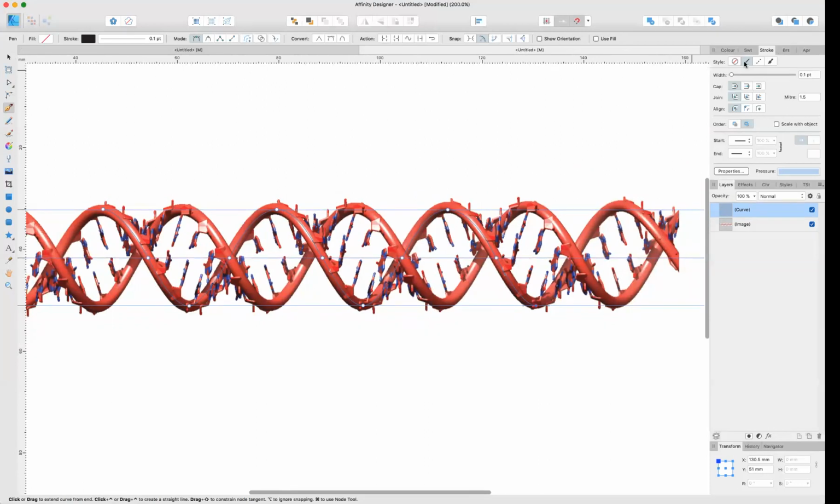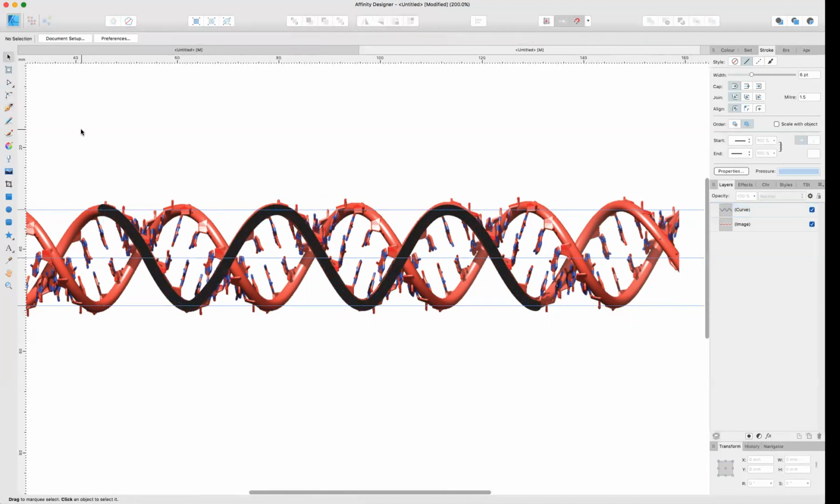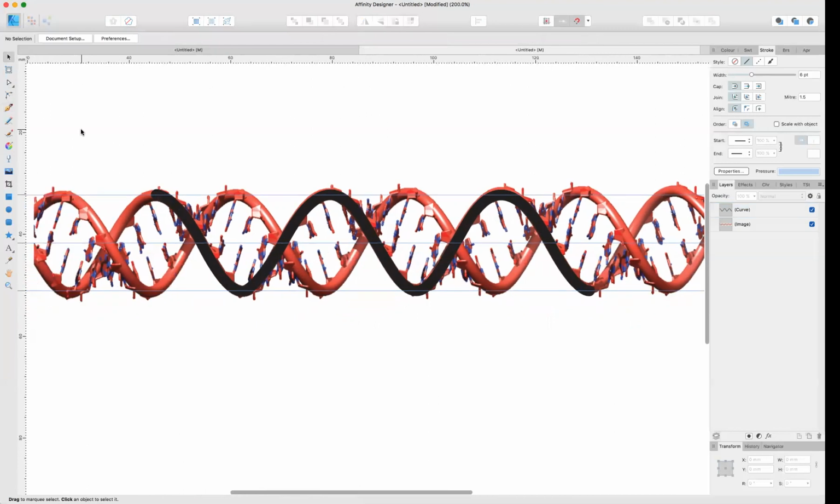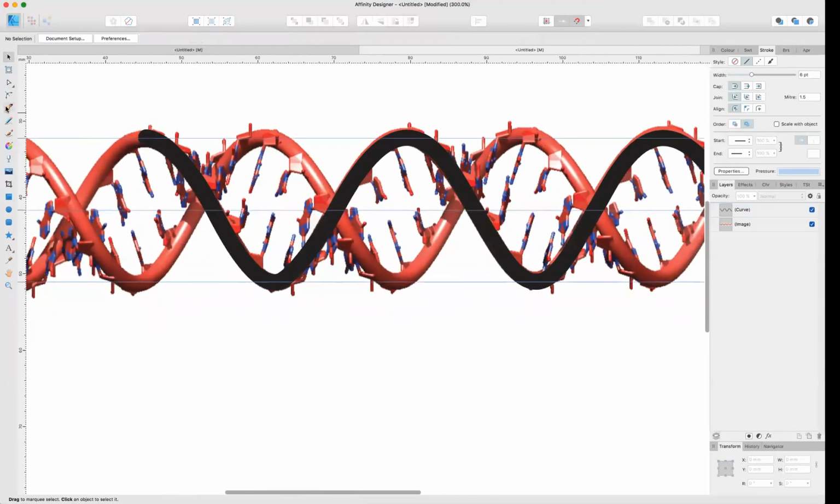Okay, so I'm gonna just pick a line width like that, 6 point. That is the first helix. Now I'm just gonna go and do the next one. So get the pen tool again, start here at the bottom. Hold shift to make sure it's lined up right, and